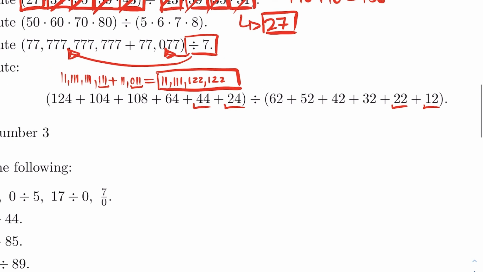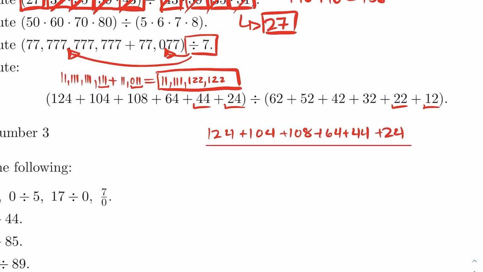And so if we notice, we can rewrite this like this: 108 plus 64 plus 44 plus 24 all over 62 plus 52 plus 42 plus 32 plus